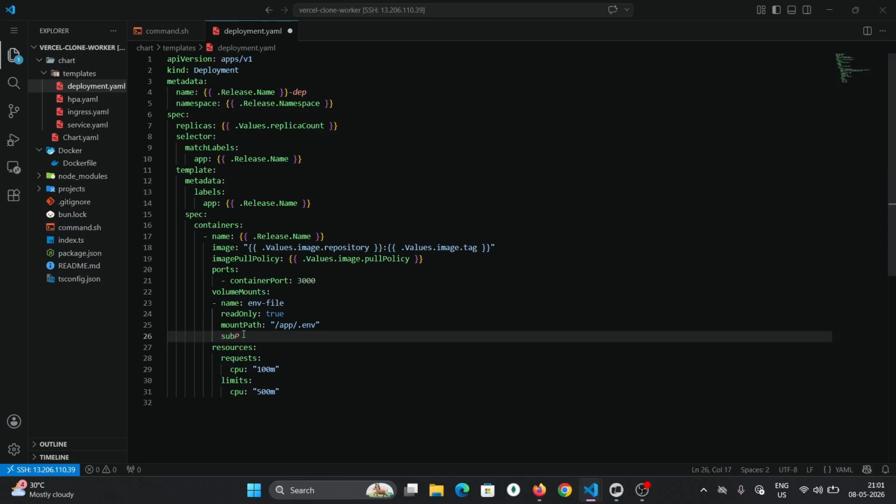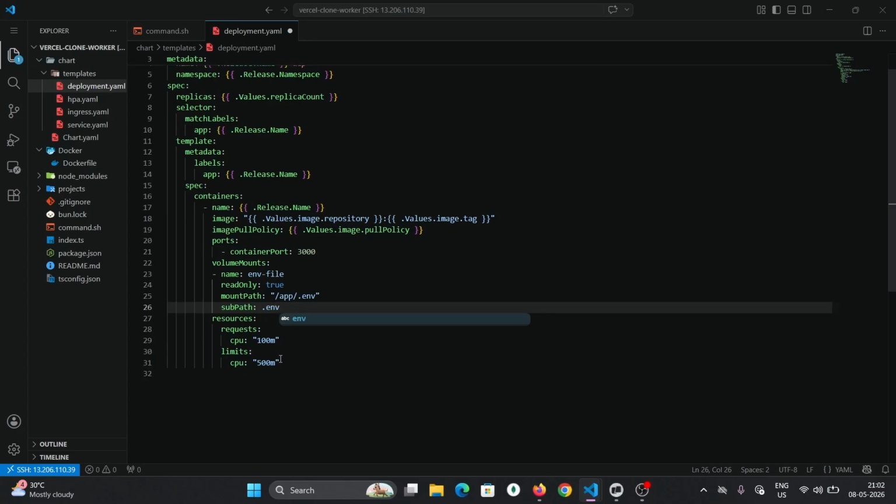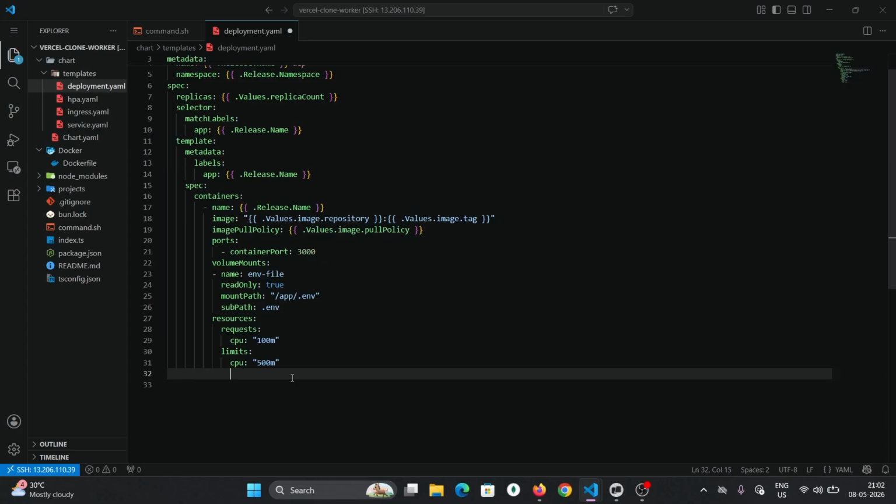If you do not add this subpath, what this mount path will do, it will remove all your files inside this working directory app and add this single file. So make sure you add a subpath .env, and after that